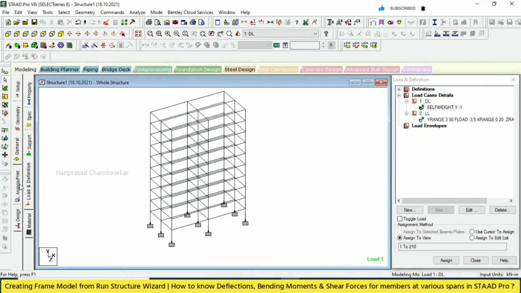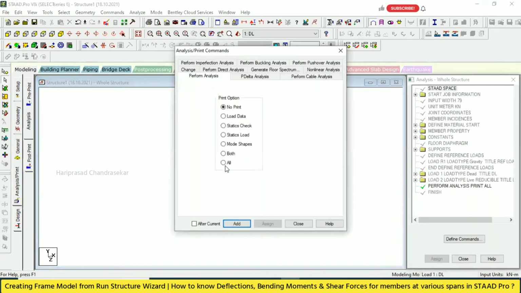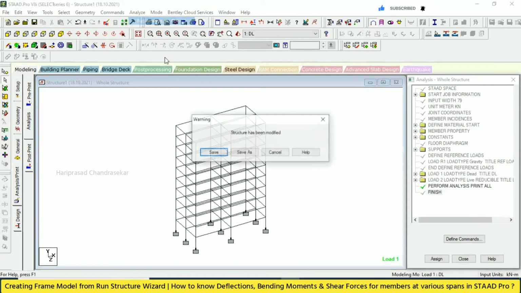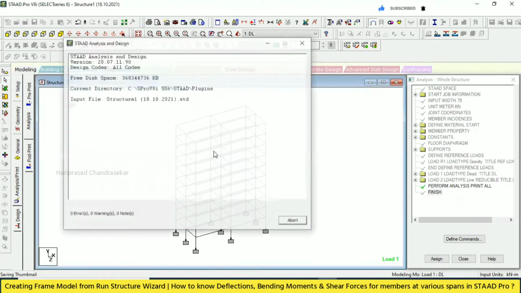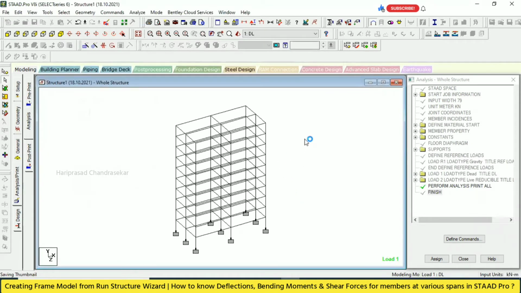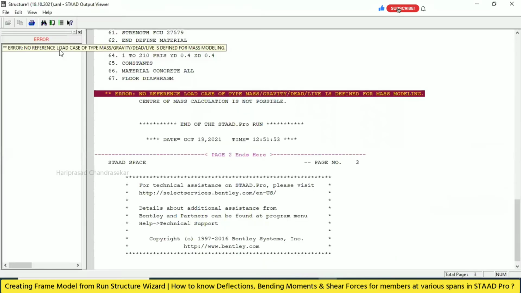So then we can go for analysis and print all, add. We already have it now, only one time is enough. Now we will go for analysis, run analysis. One error because we are continuing with the same file. No reference load case.